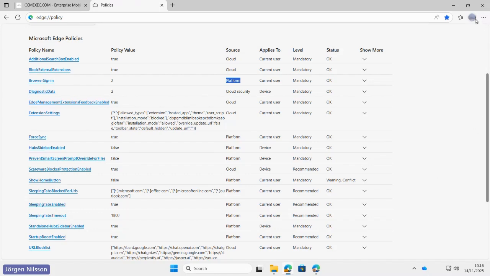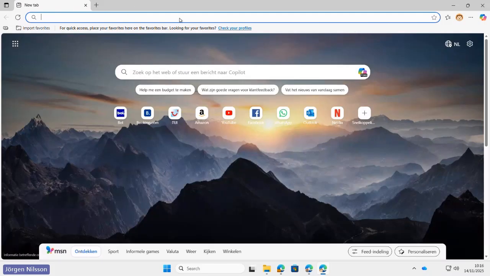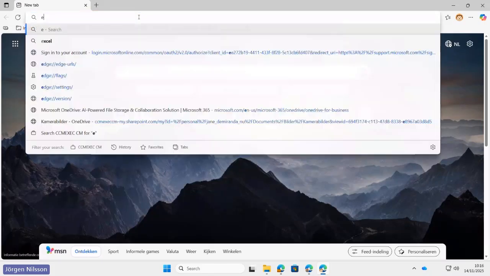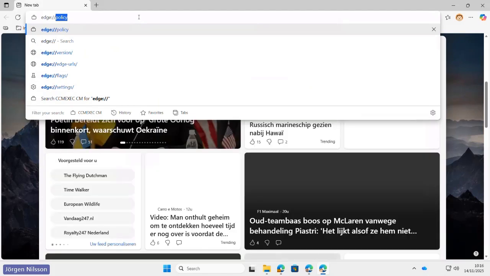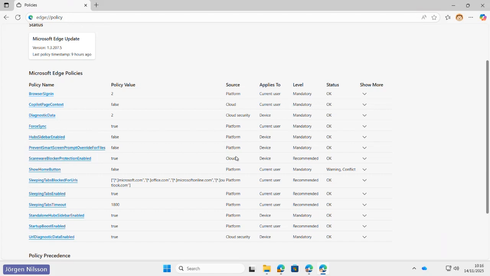But if I just open a new tab here and take my other user, Jane, instead, and then we do the same challenge and we do policy, we can see that I'm missing a lot of the cloud settings because I'm a different user, right? So it's still basically, well, not a new tab, but you spin up a new version of the browser. So we can actually have different settings for different users on the same machine depending on who is signing in